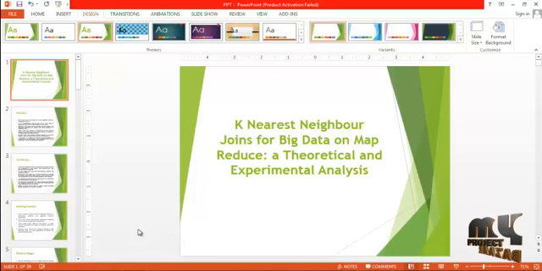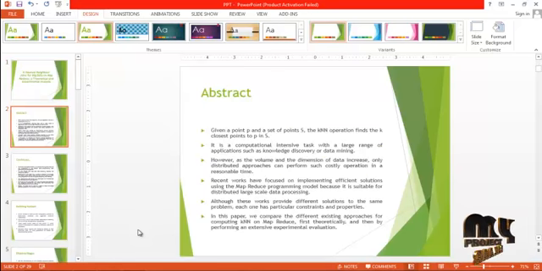This video will lead us to the demo of k-nearest neighbor joins for big data on MapReduce, a theoretical and experimental analysis. Given a point P and a set of points S, the KNN operation finds the k closest points to P in S. It is a computationally intensive task with a large range of applications such as knowledge discovery or data mining. However, as the volume and the dimension of data increase, only distributed approaches can perform such a costly operation in